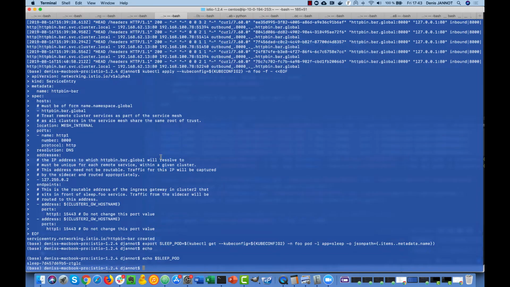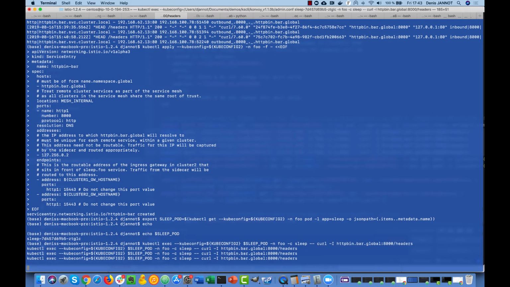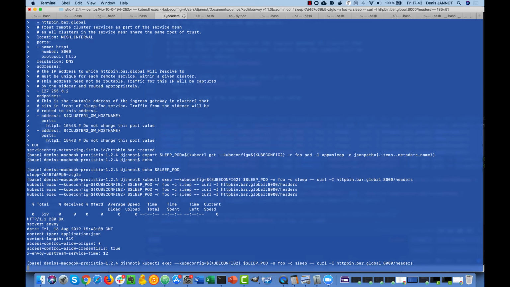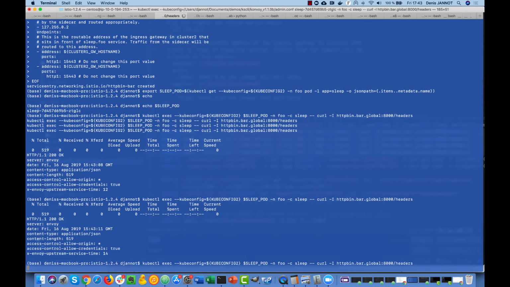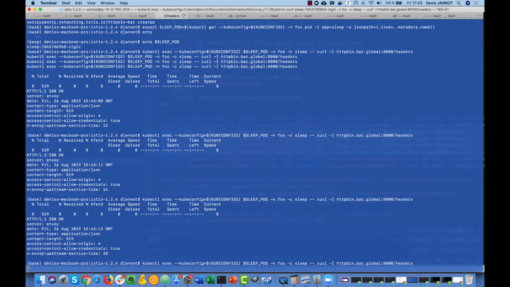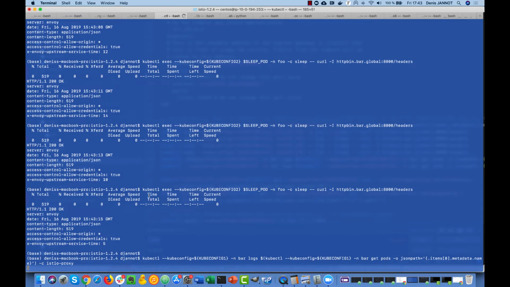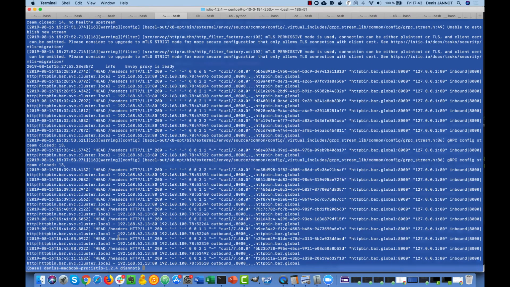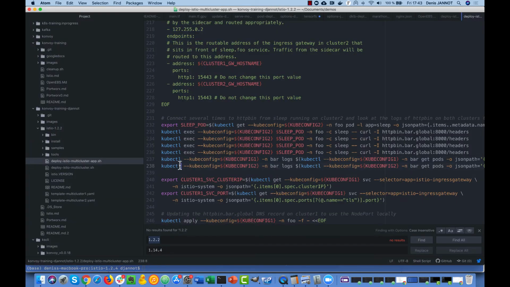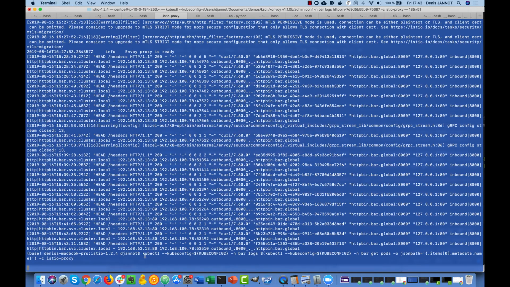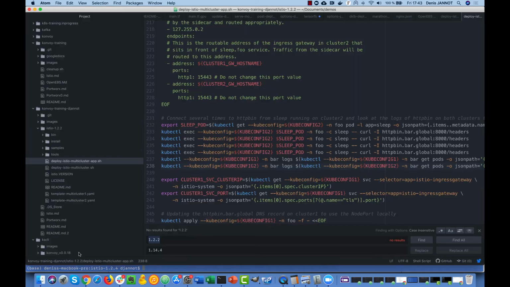Just validating that now I send the request from the sleep pod on the second site, and it will round robin to the other microservices on both sides. And again, we can see that with the access logs. We should see requests on both sides. So we see here 2 requests, and we should see the 2 other requests there. Yeah, just here.